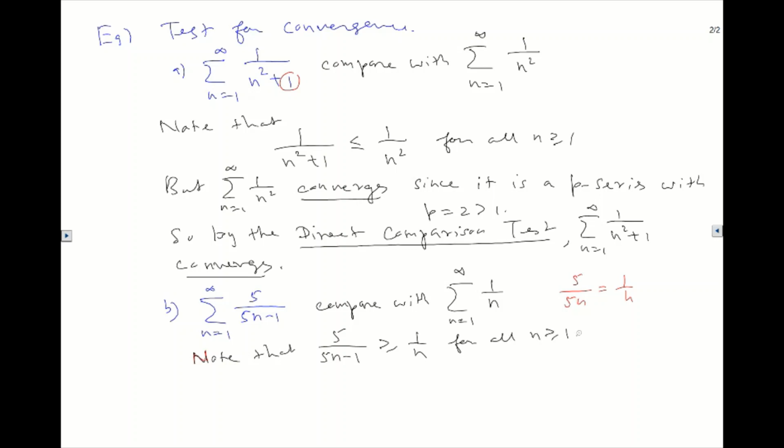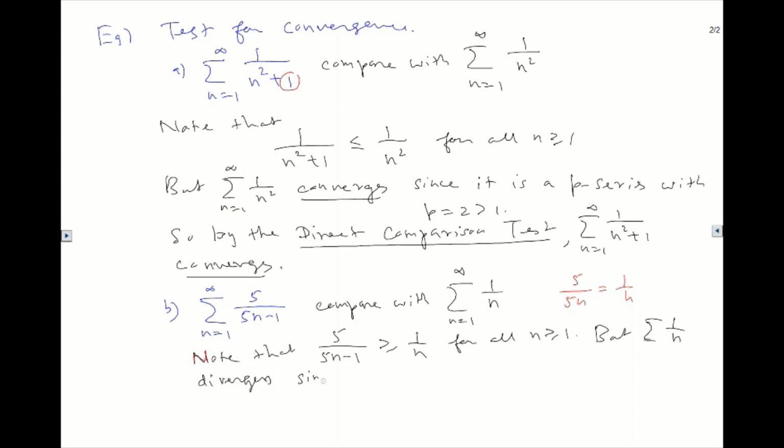As I told you, we don't need all n, we need all but we don't need 1. But the sum of 1 over n diverges. This is what we call the harmonic series. It diverges